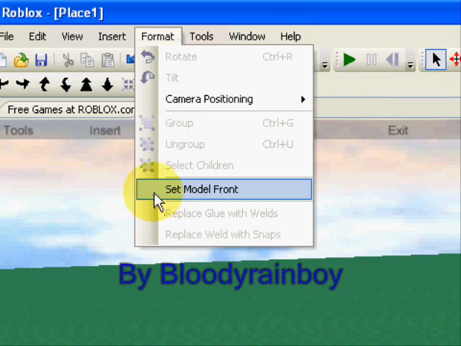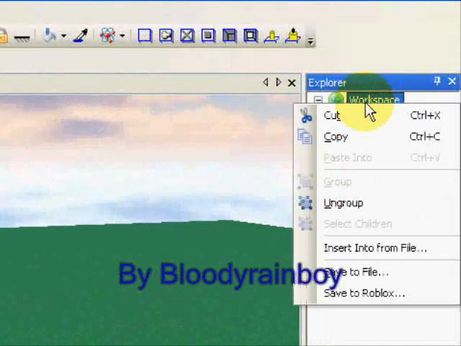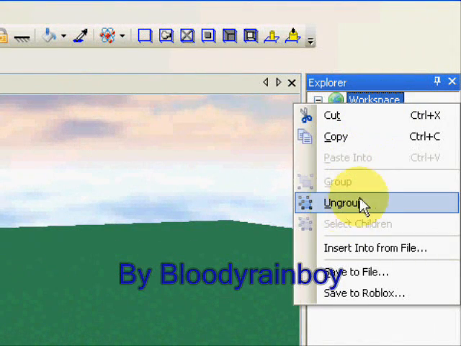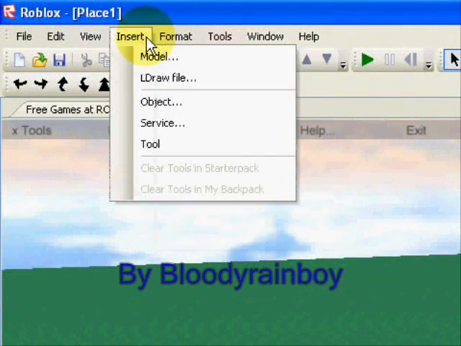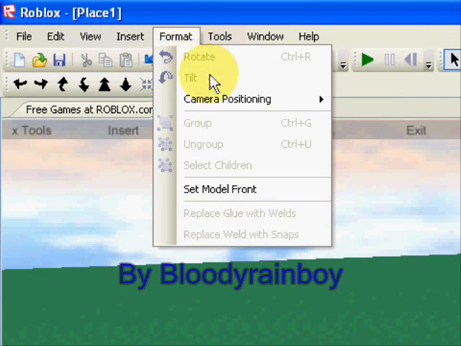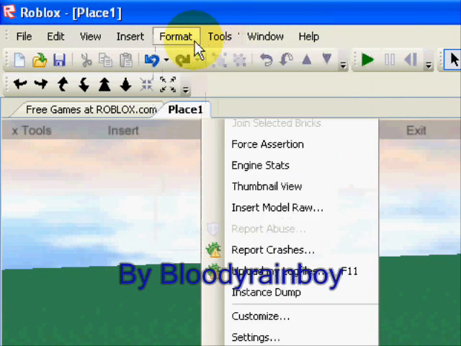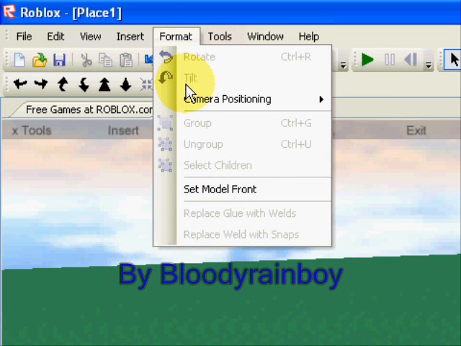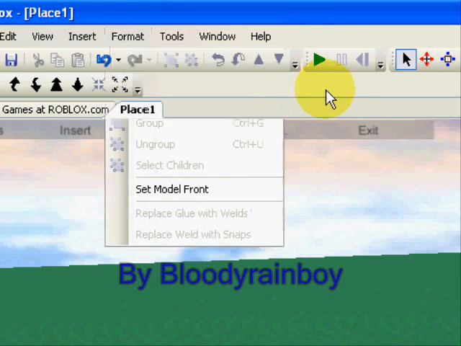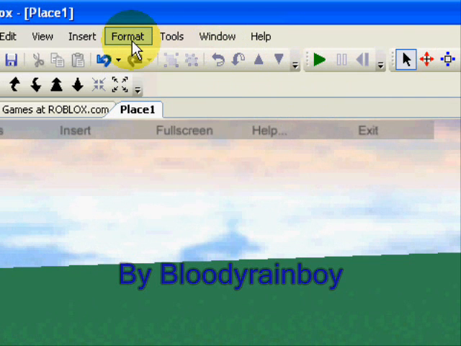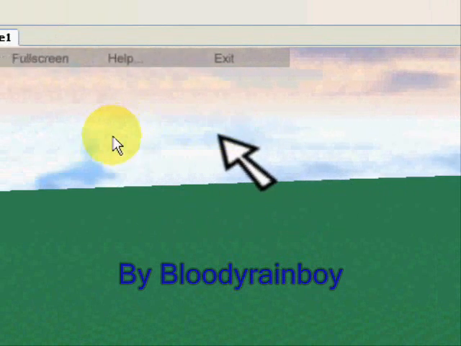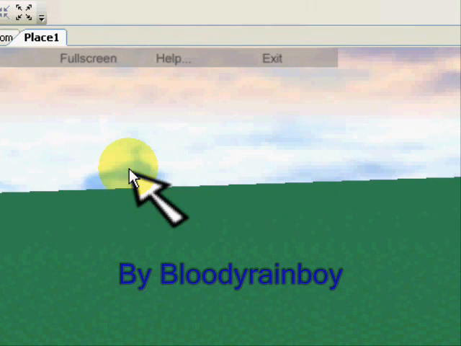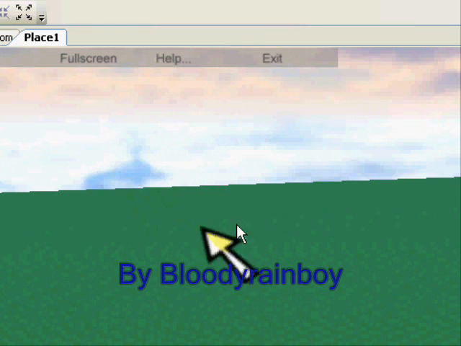Now, where were we? Oh yes, ungroup is obviously the same thing. You can press Control U, or you can go over here and ungroup it after pressing Control. Now we will go over to, because we will never use any of those, I won't go into that. We will in fact use the tilt and rotate on that. You can either click here to do that, or you can go down onto your keyboard and press Control